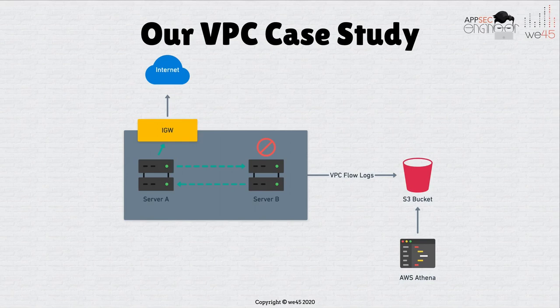It's a simple case study, but this is a very common misconfiguration that happens. But you can see that using VPC flow logs, we should be able to determine this pretty quickly as we're getting into this case study. So let's see this in our next lab.